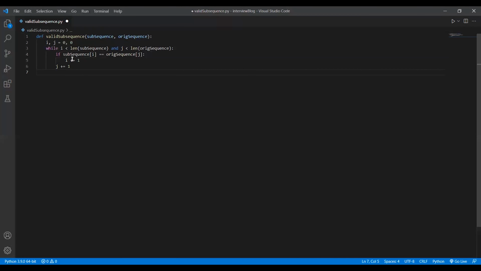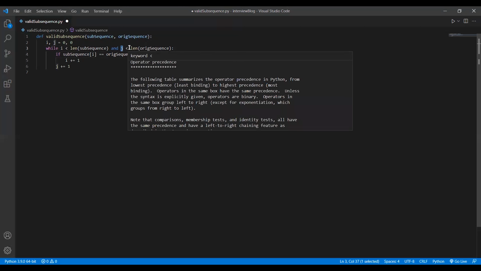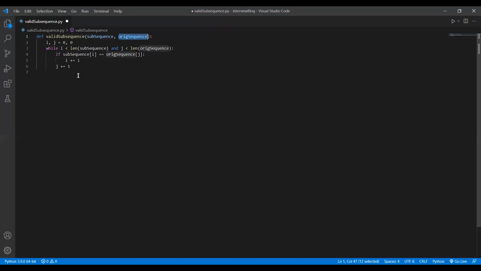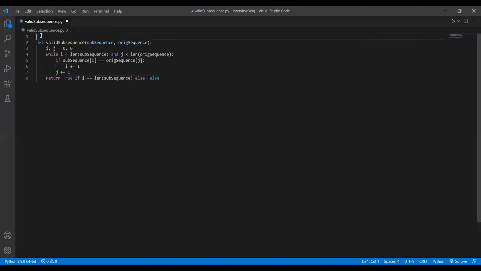So once any of these pointers traverses the given string completely, then I'll be returning true if my value of I is equal to the length of subsequence. If it is not equal, I'll be returning false. So hope you got the solution. So this solution has a time complexity of big O of n and a space complexity of big O of 1,